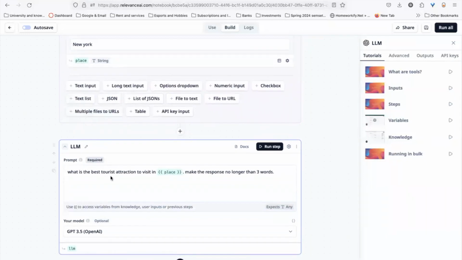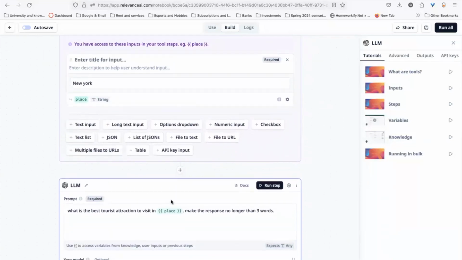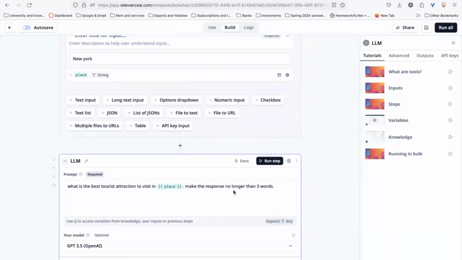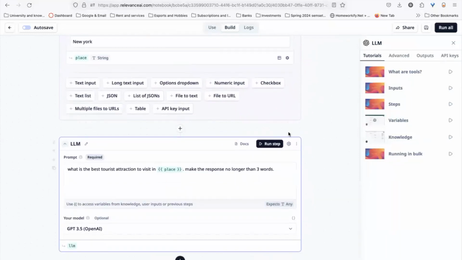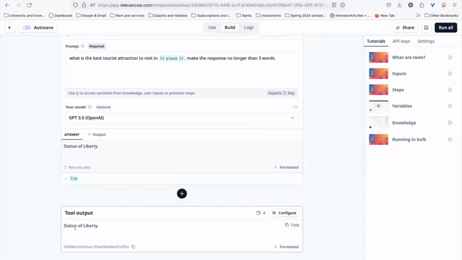So it says, what is the best tourist attraction to visit in place? This is referencing the variable up here, right? Because it's named place. Make the response no longer than 3 words. And then if we click run all, it's going to run it. And here we have our output, Statue of Liberty,